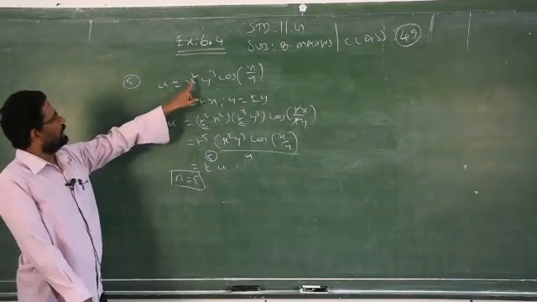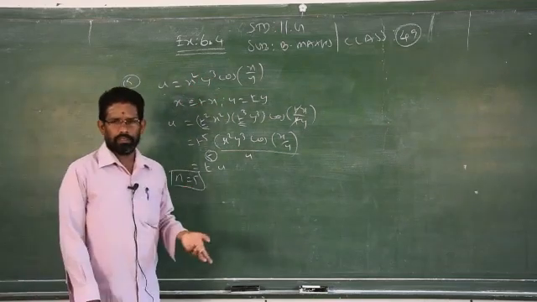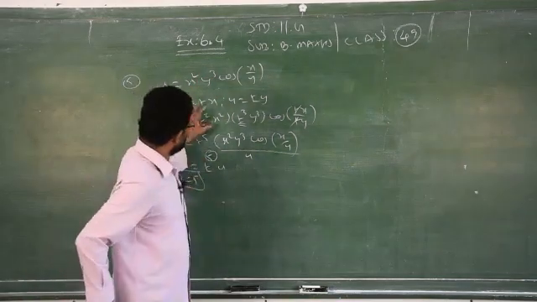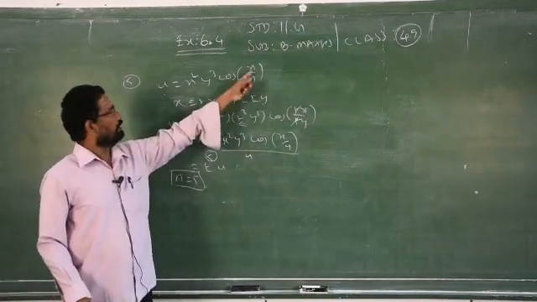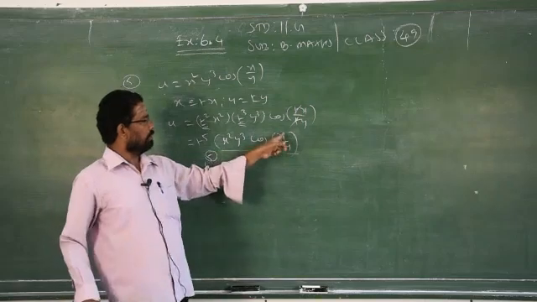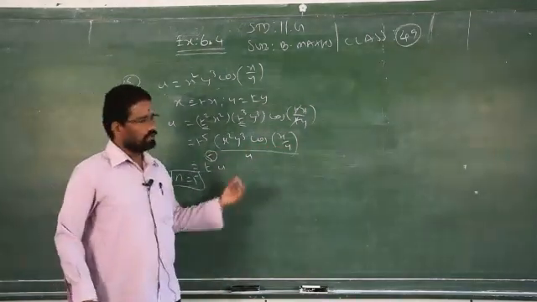Clear? So you can easily identify the answer: x power 2, y power 3. Add, you will get 5. Clear? To know the degree, you have to substitute x equal to tx and y equal to ty. Here the t's get cancelled, there is no x power 1, y power 1. When you subtract, you will get 0. Under the division, you have to subtract the power.